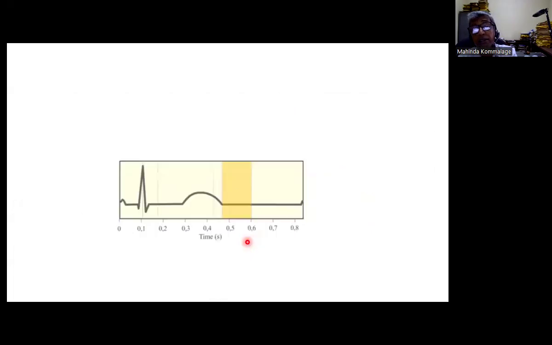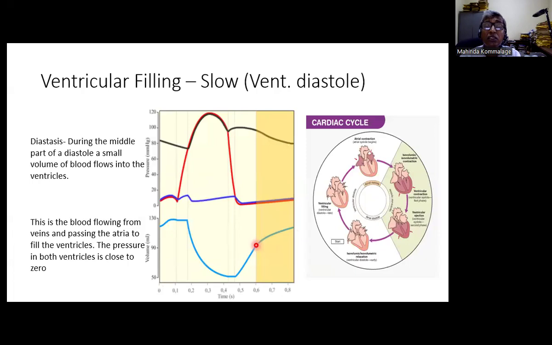After rapid filling, with this ECG change, we get the slow filling. But even during rapid filling and slow filling, the atria are relaxed. Atria are relaxed and there is no atrial contraction, right? But blood will fill. Blood will come from the inferior vena cava and superior vena cava. Ventricular filling occurs, but atria are also relaxed. Atria are in diastole, ventricle is also in diastole, right? This is rapid filling, this is slow filling, and this filling will end